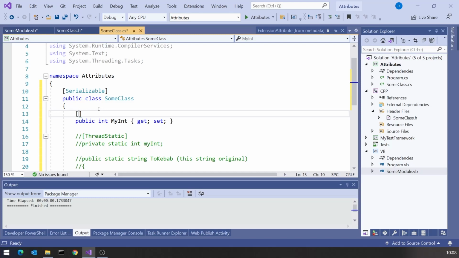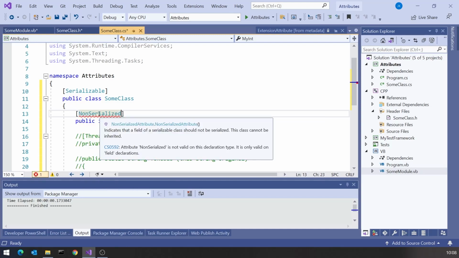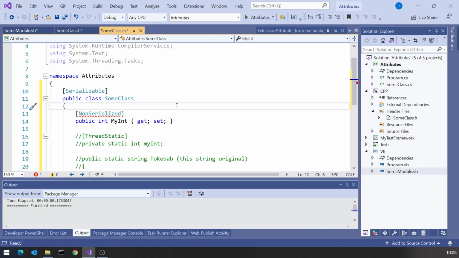And if we did that and had it as serializable, as we have it here, then that backing field would be automatically part of the serialization. It'd be written to the stream, read in, which you probably want. But if you didn't, you'd again want to put on that non-serialized. But as soon as we do that, here we get an error because it's basically saying that you can only apply non-serialized to fields, and here we're trying to apply it to a property.